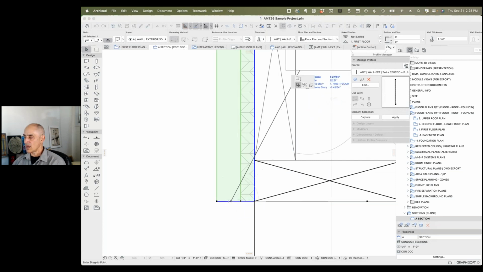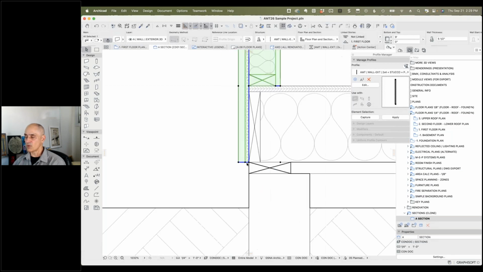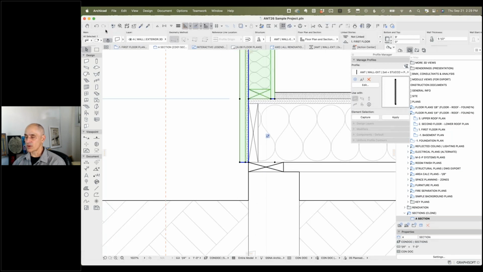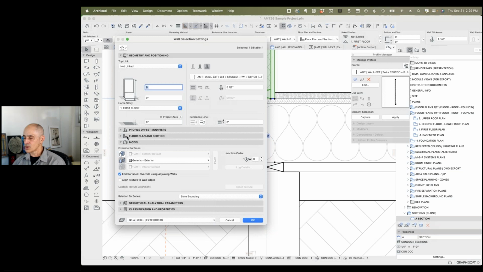and change the offset modifier and specify a height. So if I wanted to pull it up to here, you can see I can type in using the tracker, or I can just snap it to something, and you'll see how that has moved. It did not move anything else. It just moved that. And this wall, if I open up the settings of the wall, we'll see that